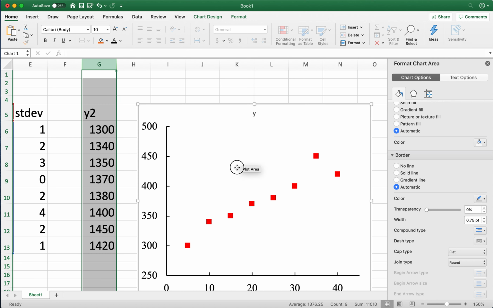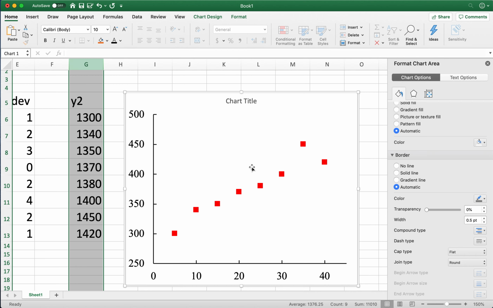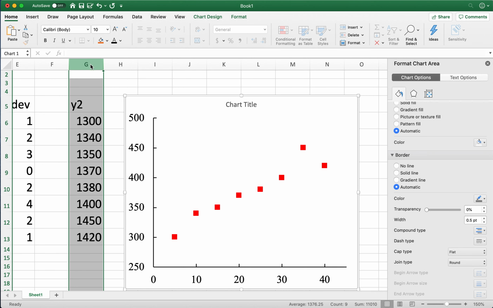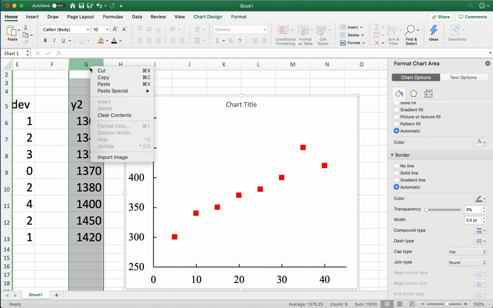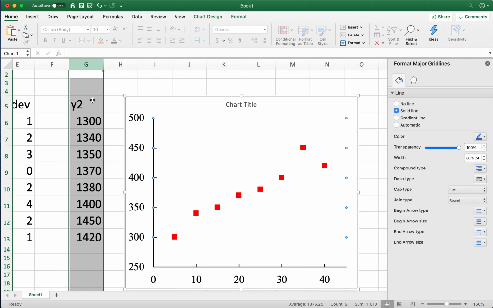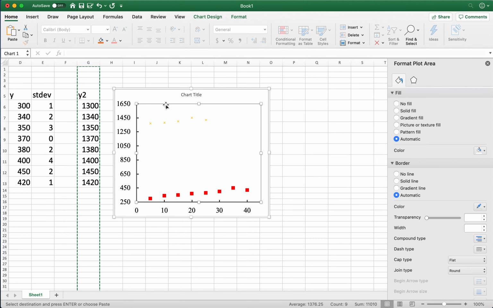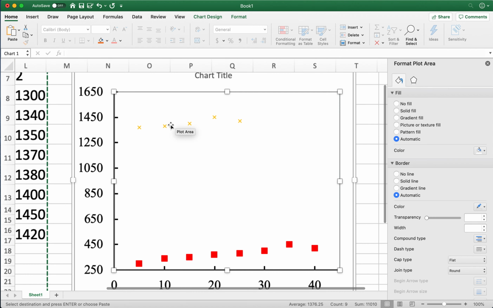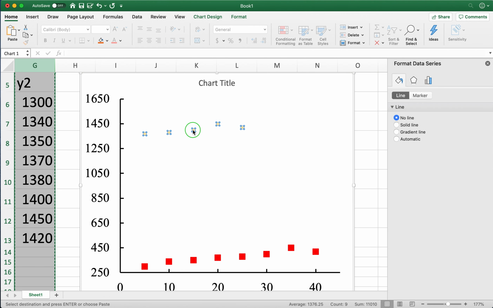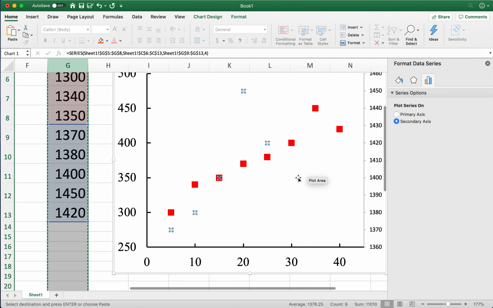And let us insert the y2 also. So when we copy paste this, so let's change these numbers. So let us format the data series, and we can make them secondary axis. So after we make them secondary,